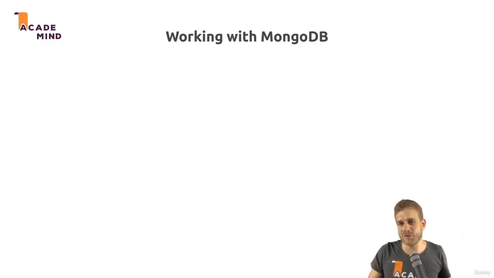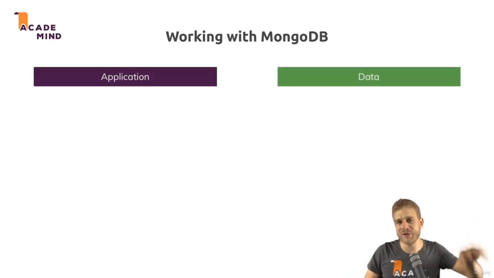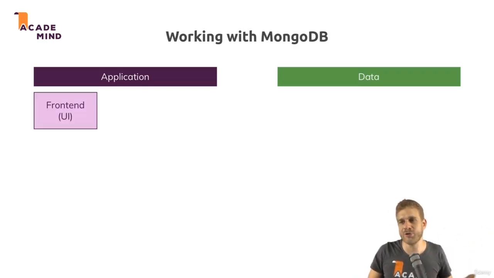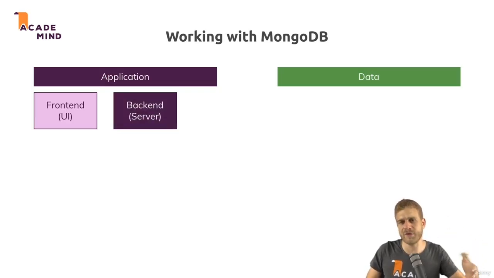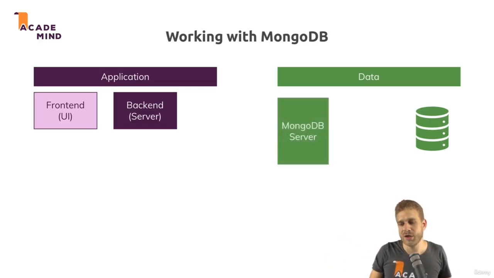Now let me quickly give you an overview over how exactly you will work with MongoDB and what MongoDB exactly does behind the scenes. So we can generally differentiate between the application, so let's say your Node application you're creating, and the data layer. Now in your application, you will have some front end that can be a single page application, that can be a mobile app, that can be the views your Laravel or your Node app renders. You'll then have a backend, your server, where you have your server-side logic, and then you have your data layer. So you have the database, the data storage, the files on a file system which hold your data in the end. You have the MongoDB server, and you have on the backend server, where you will write your code,